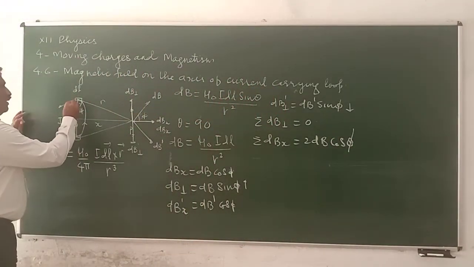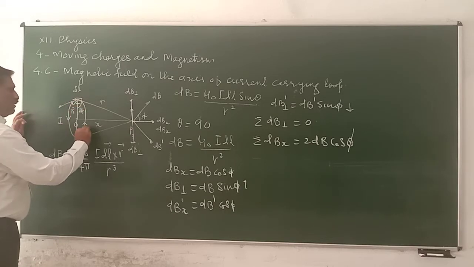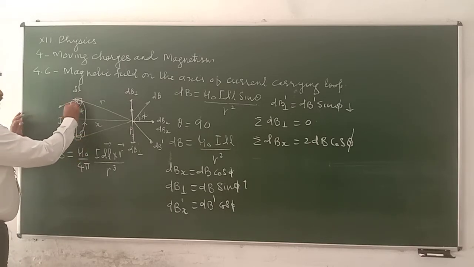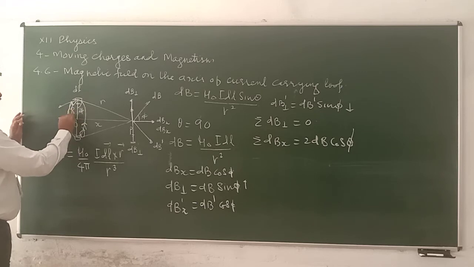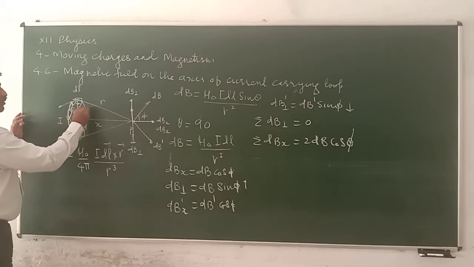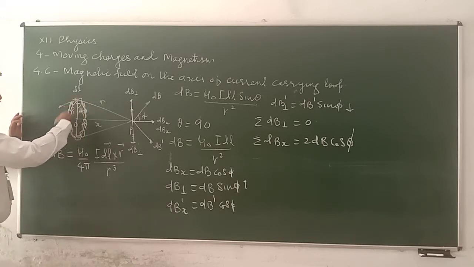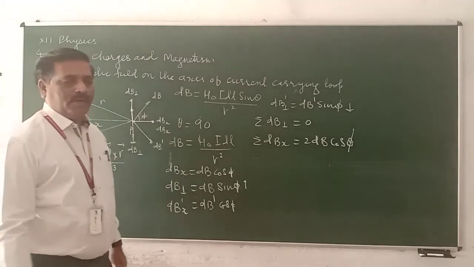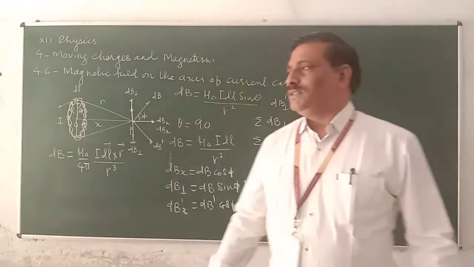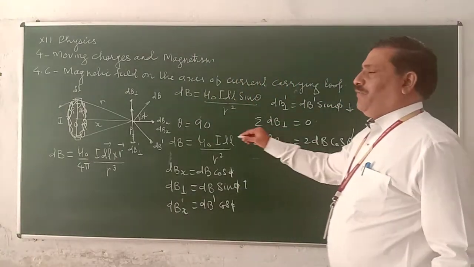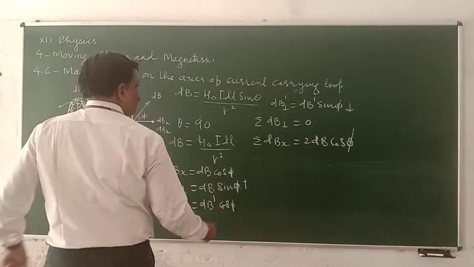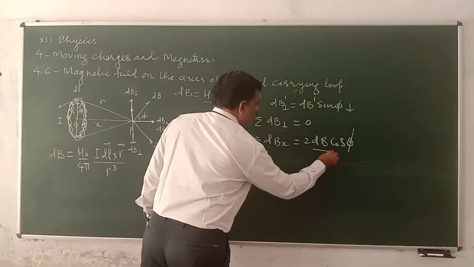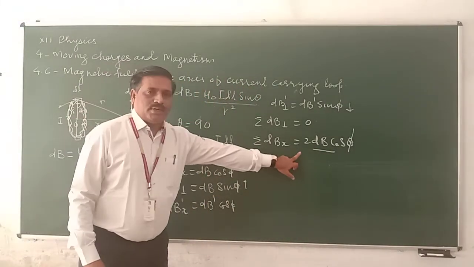When I take every component here, this one, then this and this component, and this component, this component and this component, for every such couple we complete it. It means that we are taking every component 2 times. So the net magnetic field due to this one becomes dB, because of 2 components.